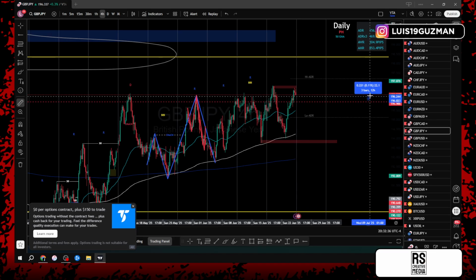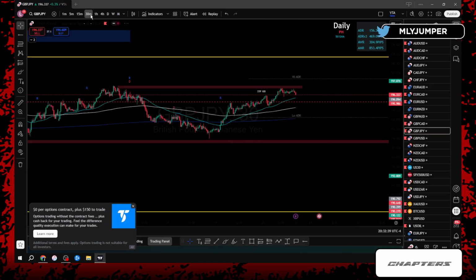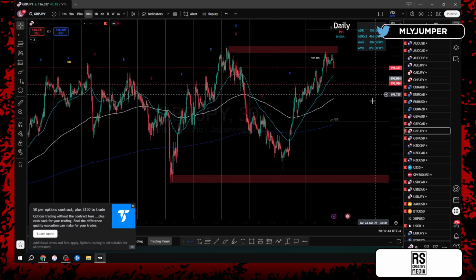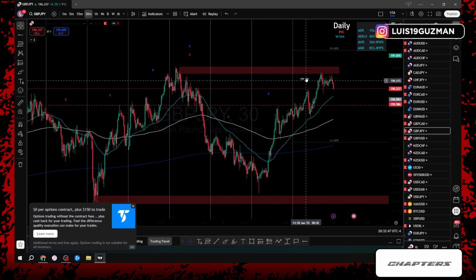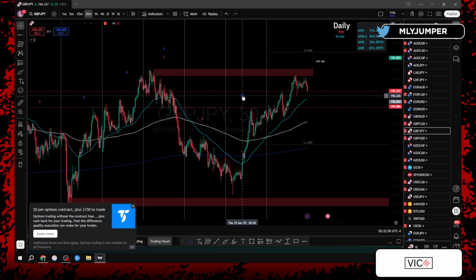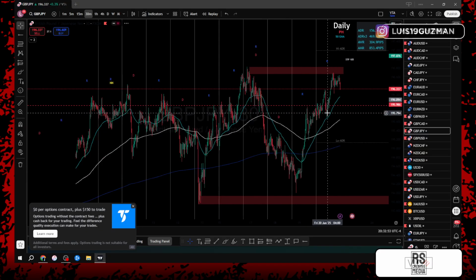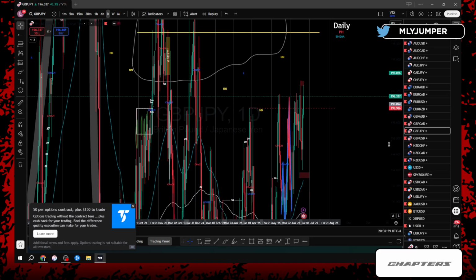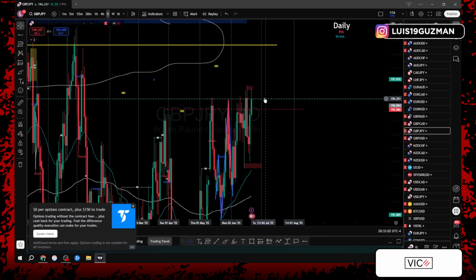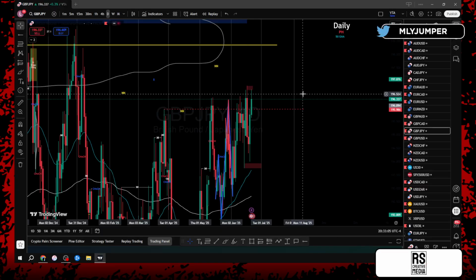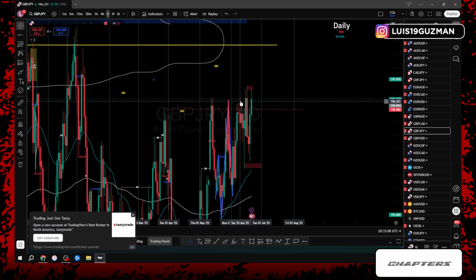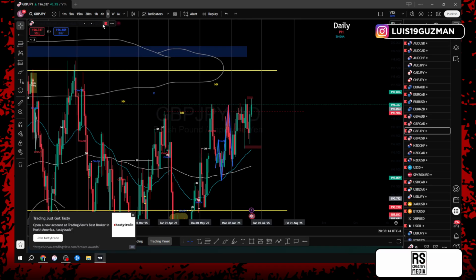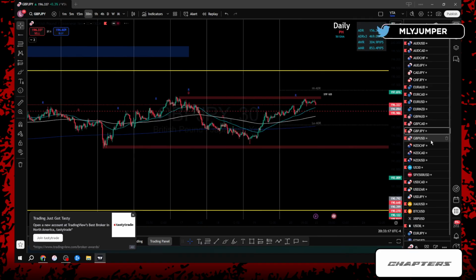Price is very close to the opening candles, 28 pips. I'm not going to update the 4 hour until Monday morning on the live trading session, and it's very similar to GCAD when it comes to that 372, especially going long, especially in this area. Right, I don't want to take any trades just yet. I want to wait to see if we're going to get these valid breaks. If we get a valid break of the highs in the daily time frame, then I'll start looking to take those trades going long. If we don't get these valid breaks and price gives us another testing candle, then we're going to go back down the same way we did for the last 4 times that we've been in this area. So that's what I'll be waiting for on GJ.